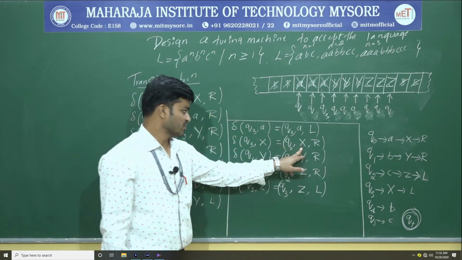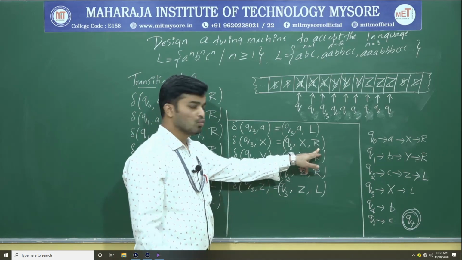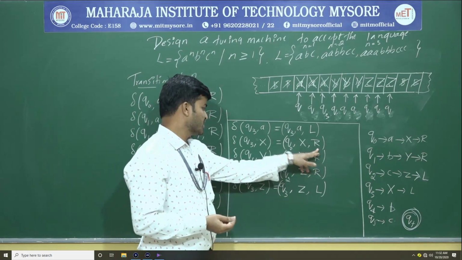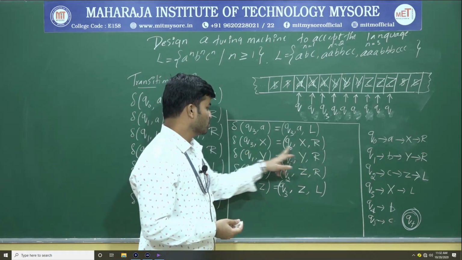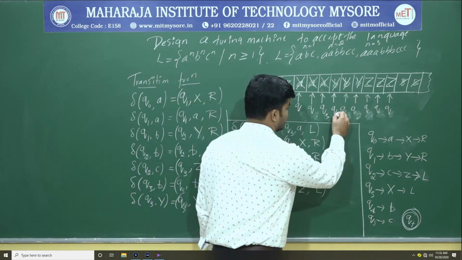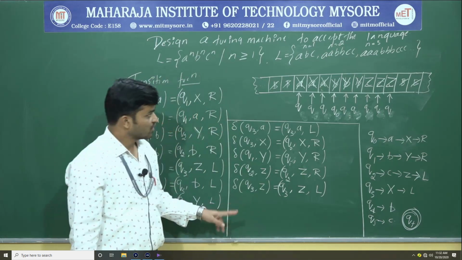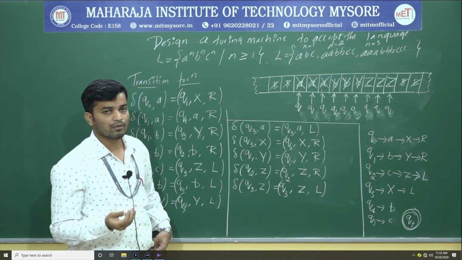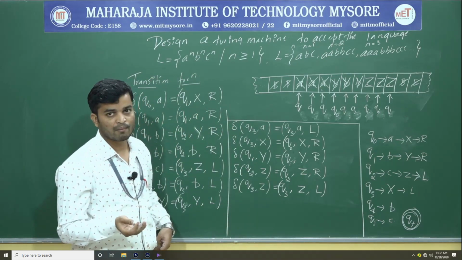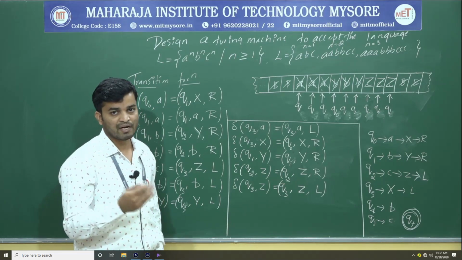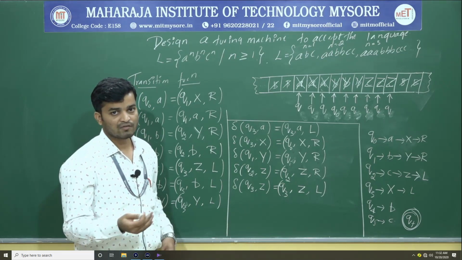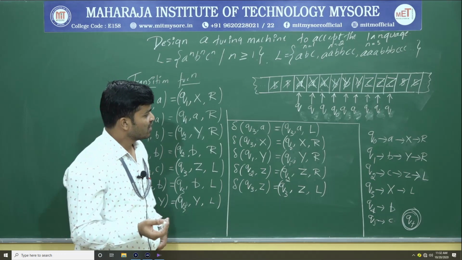so it will maintain that X as it is, and it will move at right hand side by changing state from Q3 to Q0. So now you check that one. Q0 upon Y. Already I told, within the Q0, if I got a Y, means after X, immediately I am getting Y, the meaning is the A's are over. Once the A's are over,